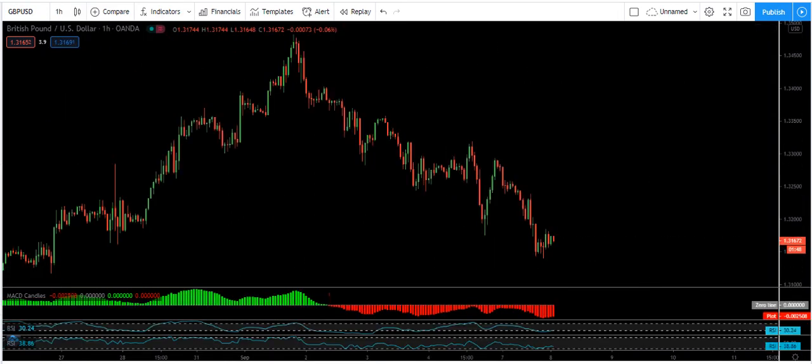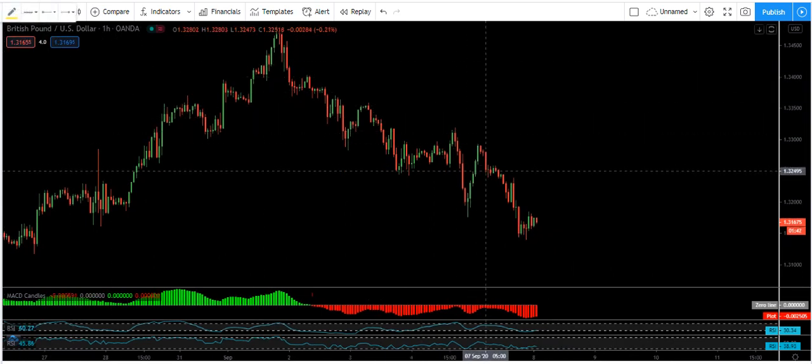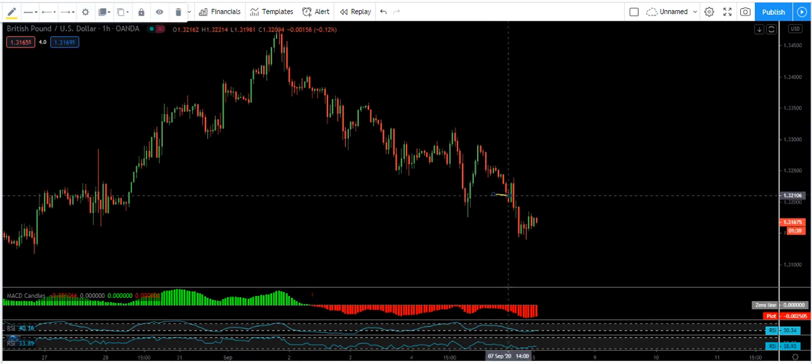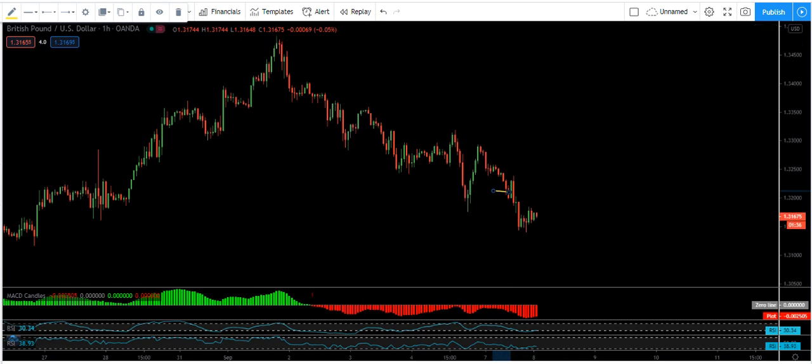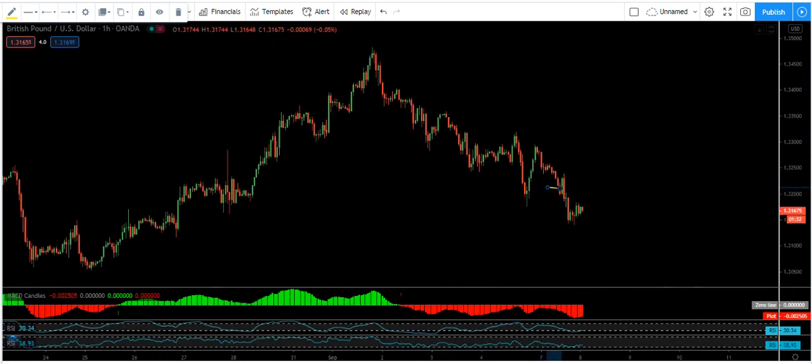hour chart again. First of all, for those traders that are in the trade, they should at least move their stop loss to break even or book some profit. Maybe they can move their stop loss to somewhere around here. Then now we want to see how deep this one can go, whether we can get one more sell